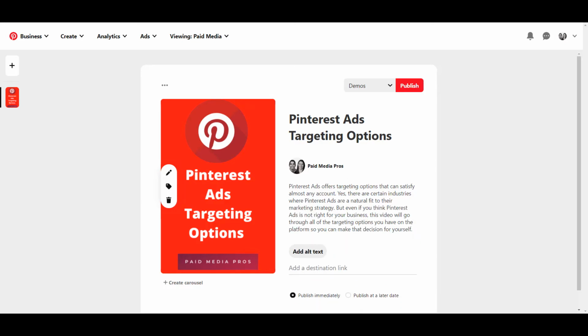Descriptions can be up to 500 characters long, and they're not visible when viewed within the home feed or the search feed. No matter what type of pin you're creating, whether it's for organic or for an ad, I still strongly recommend that you add your description and try to use as much of the characters as possible. The main reason you should add the description is because it can help the Pinterest algorithm find the best pins